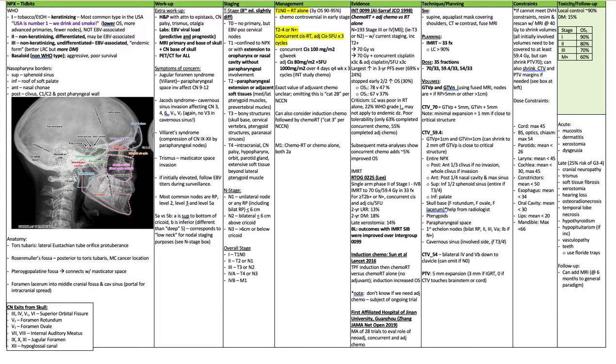For anything that was T2B or greater or node positive, they got concurrent cis and adjuvant cis 5FU. The 2-year local regional recurrence rate was 13%, and 2-year distant mets was 18%, which is staggeringly low. The late xerostomia rate with IMRT was 14%. The bottom line from RTOG 0225, Nancy Lee's trial, is that outcomes with IMRT with SIB were improved over Intergroup